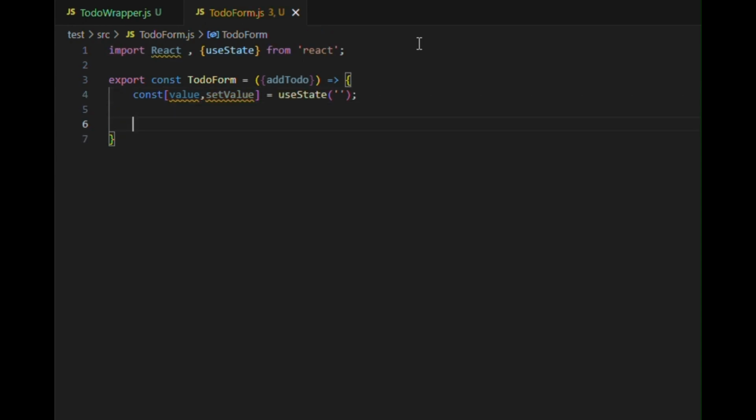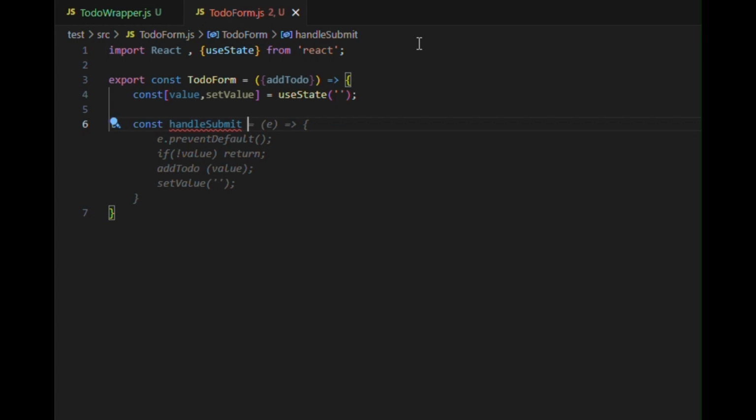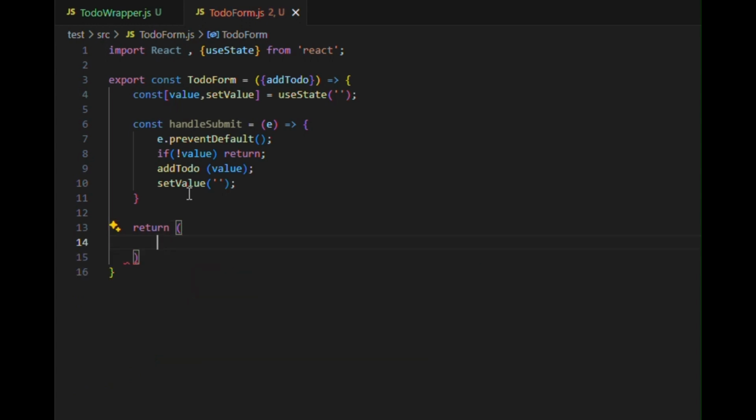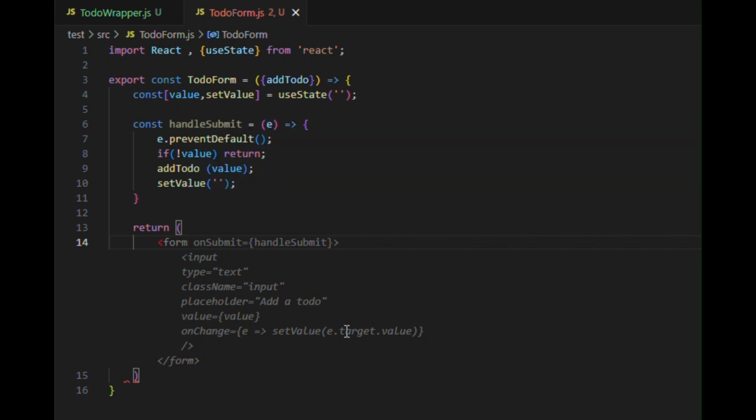We create a state variable called value using useState. This will store the text that the user types into the input field. The handleSubmit function is triggered when the form is submitted. It does three things. Prevents the default form submission behavior using e.preventDefault. Checks if the value is not empty. Calls the addTodo function with the value, the new task, and then clears the input field by setting value back